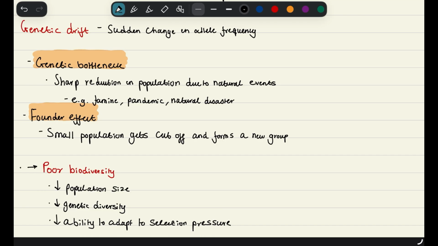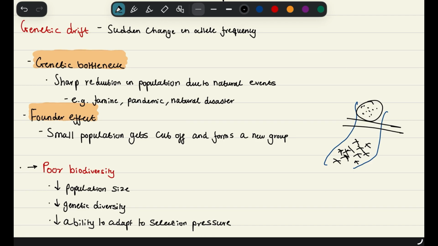Cool. The founder effect is another thing, where a small population gets cut off and forms a new group. So say, for example, we've got a stream of water. I'm really in my drawing bag today. We've got a stream of water, and say that maybe a dam gets built here. These dots, or these organisms living here, are now separated from the rest of the people. So say there's more crosses. I know, drawing, wow. But yeah, those dots are now separated from the rest of the population, right? So this is going to form a new group. That's your founder effect.